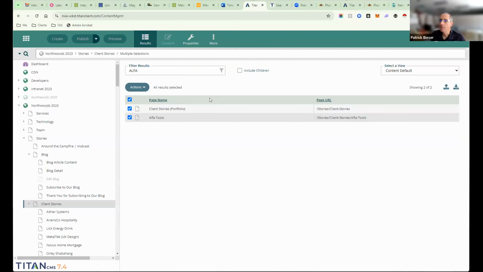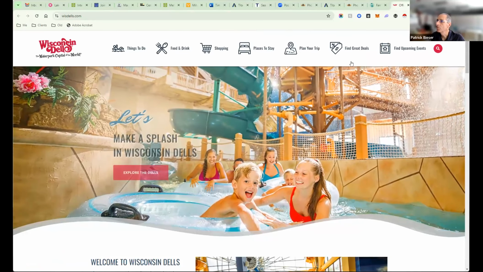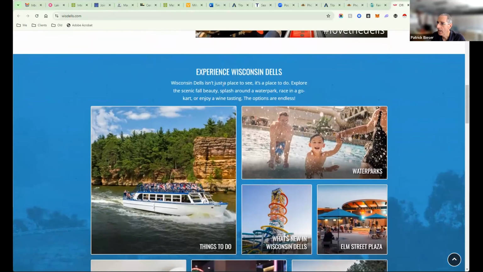All right. Assuming no questions on multi-tag and edit, our last topic that somebody had submitted a question on was just image galleries. What do you got for image galleries? And I wanted to show a couple. We've got Wisconsin Dells has a nice image gallery. What's your experience like? And so here we have